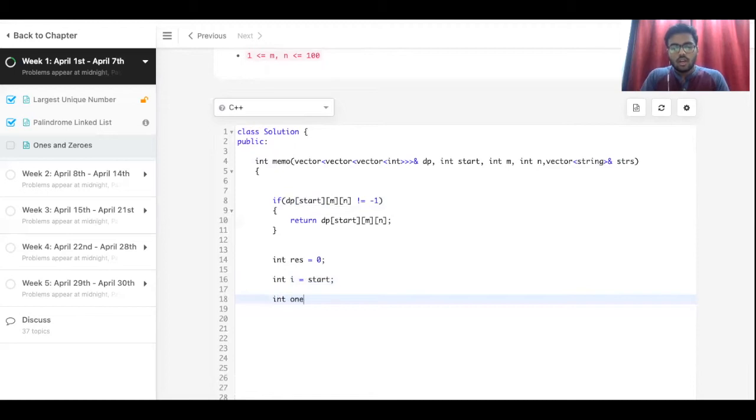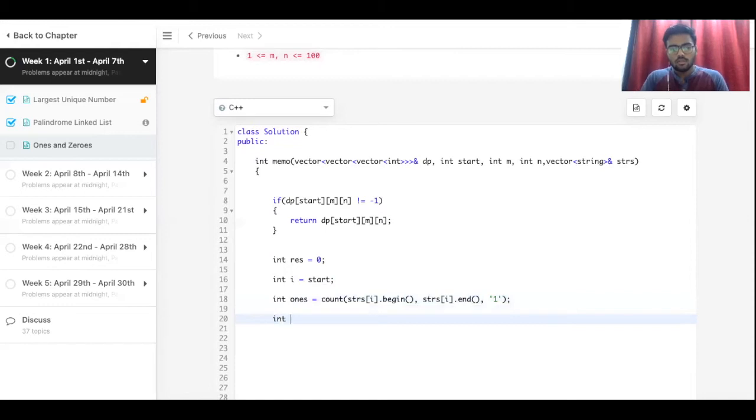Now I count basically the number of ones that we have in strs of i, that begin, strs of i dot begin and end, and basically one we need to count once, so I pass that one. Now this will give us the number of ones which are there.